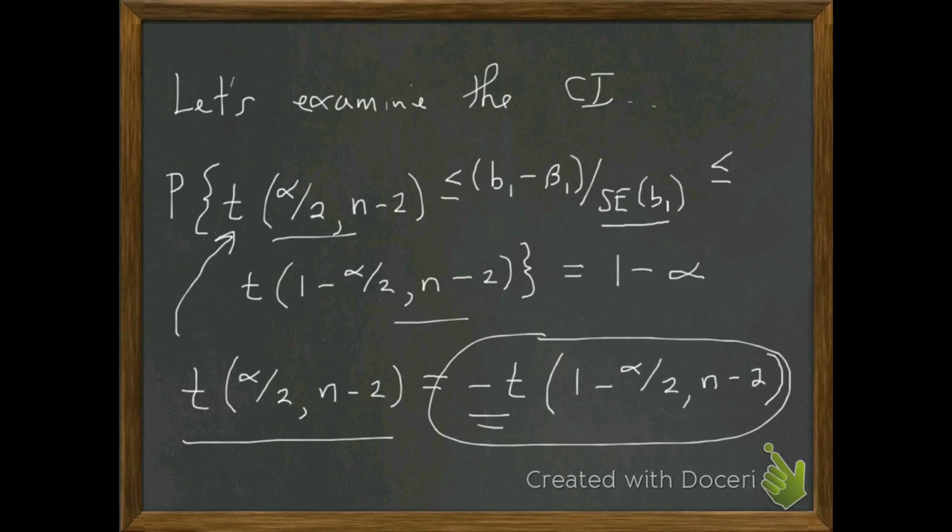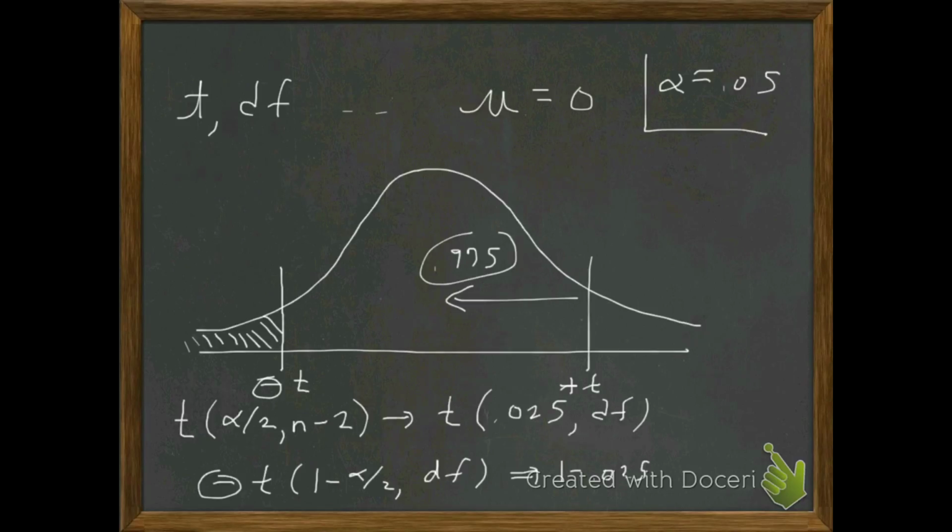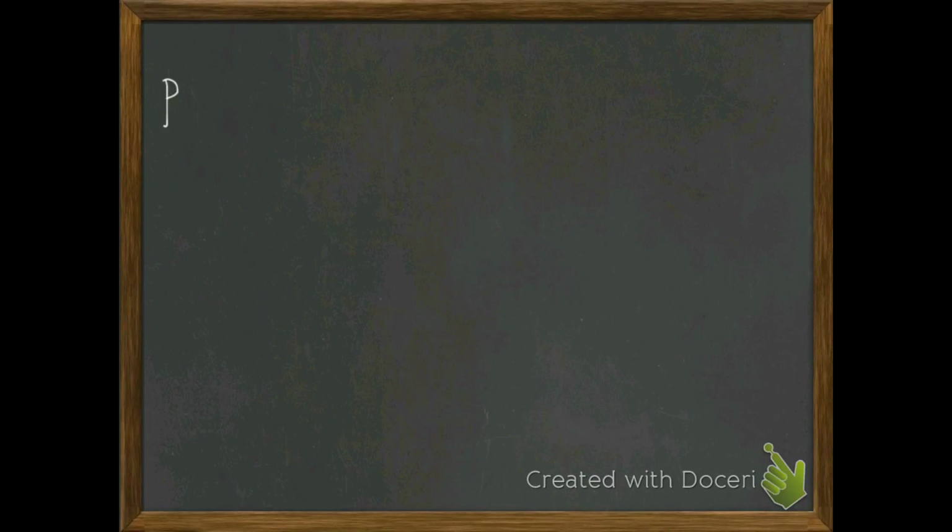So we want to multiply by the standard error, subtract beta 1. So if we multiply through by negative 1, we're going to get beta 1 minus t 1 minus alpha over 2 for degrees of freedom n minus 2